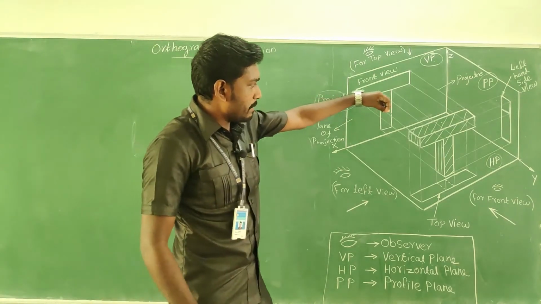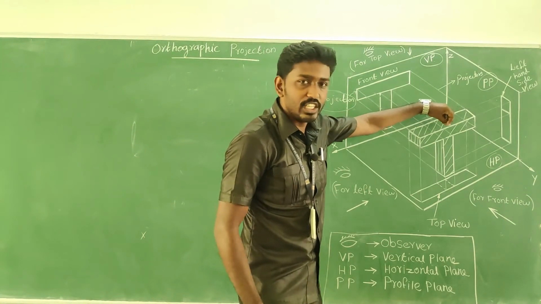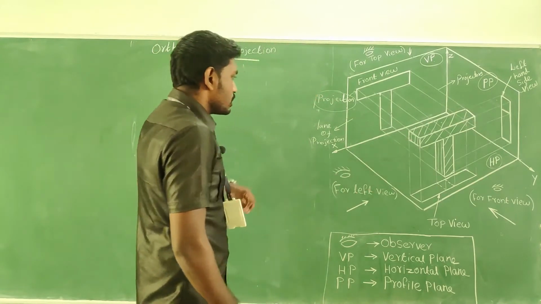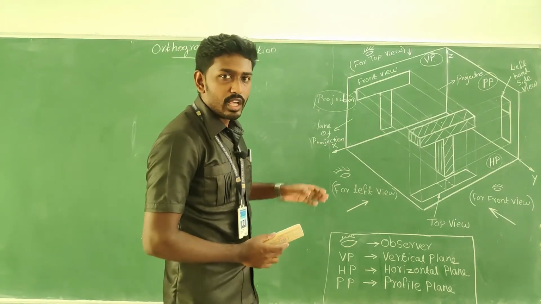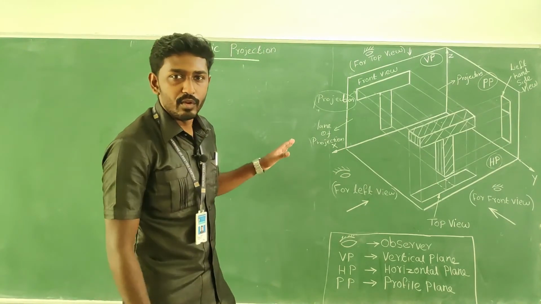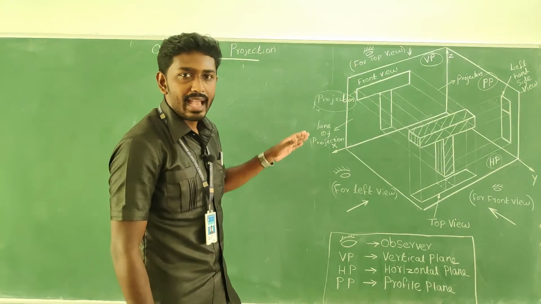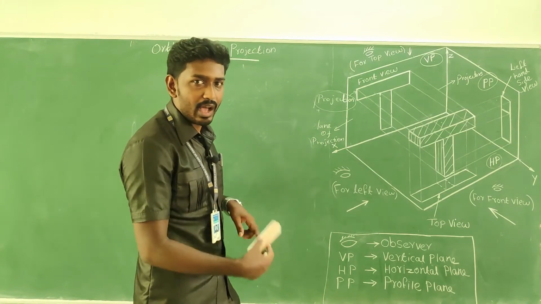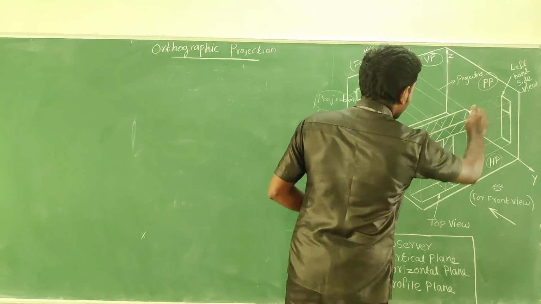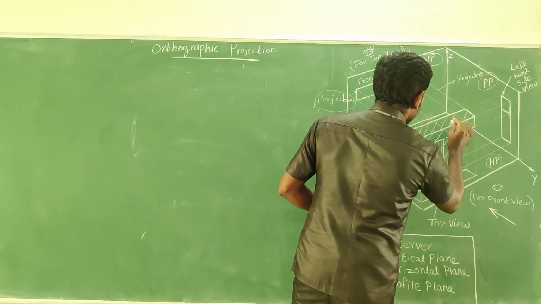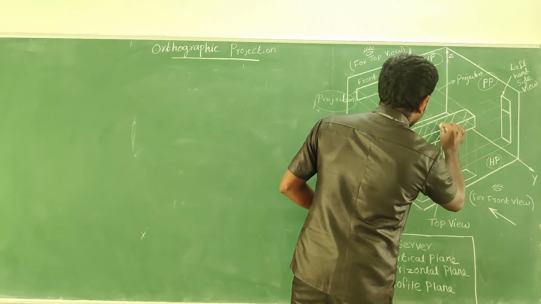So I'm going to look for this T section, right? Before starting your work, you must know the boundary of all the views: front view, top view, and side views, right? We have to get the knowledge of the boundary. So if I take the length of the T, how much can I take? I can take this as